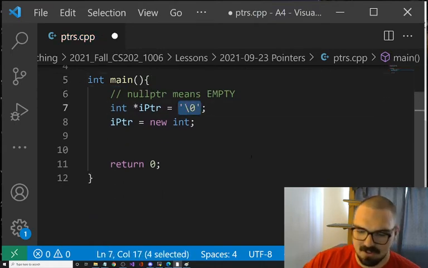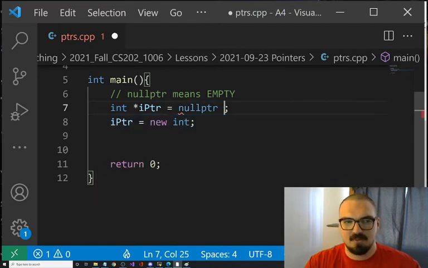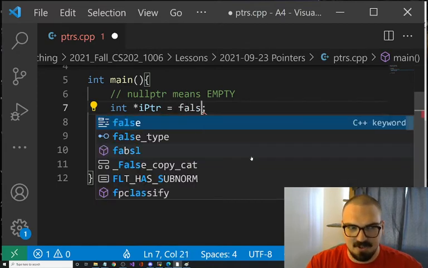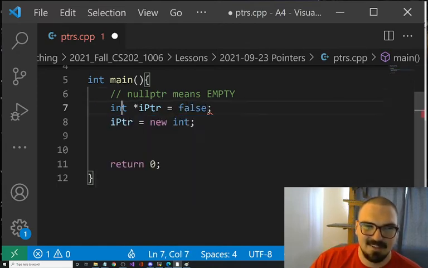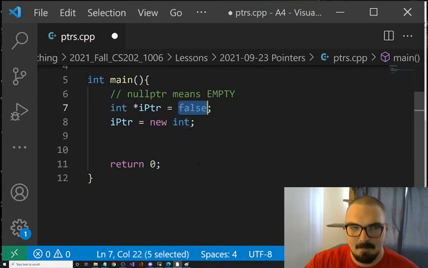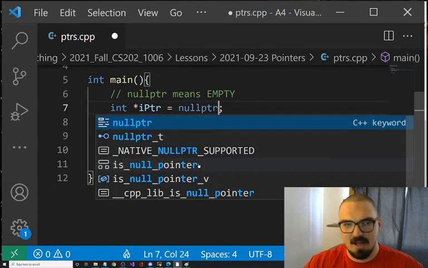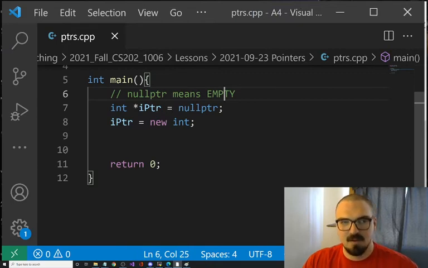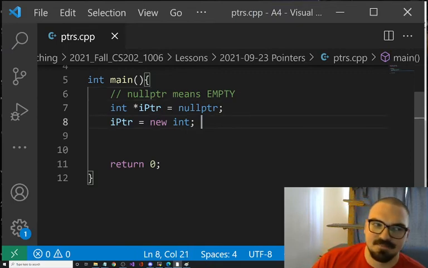Only do that for a character. I would very much recommend doing this. It's the same thing as doing this. Someone's going to go, why did you do that? That's an int, and that's false, right? So you could do it. Please don't, though. Hopefully that answers your question.